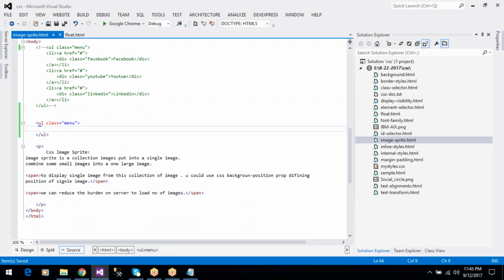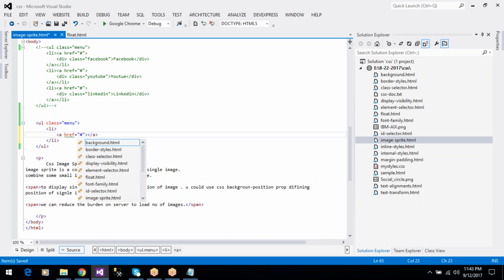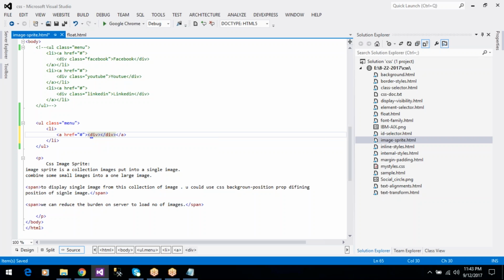Okay, so there is another list. Use an li tag, and in the li tag use an anchor tag with an empty href, so an empty path. In this anchor tag, use a div tag. Okay, the div tag contains Facebook, and like this, the same